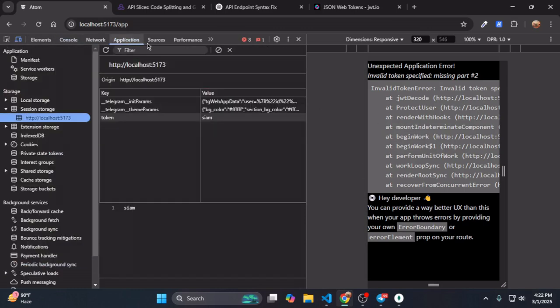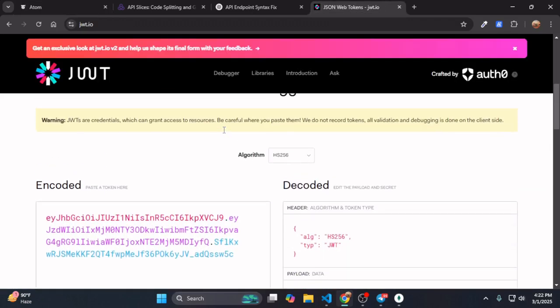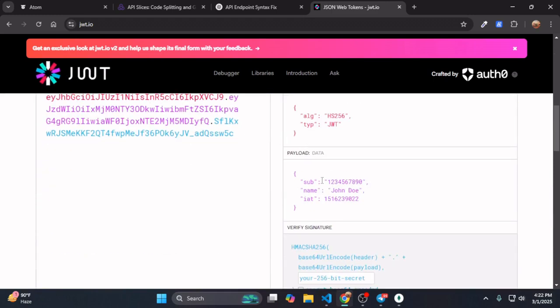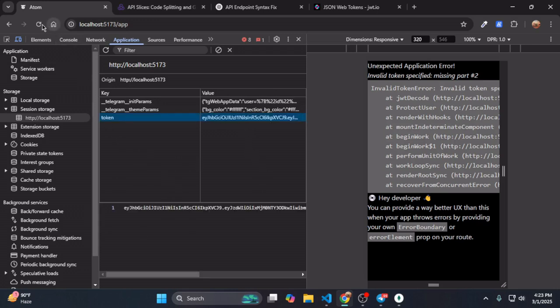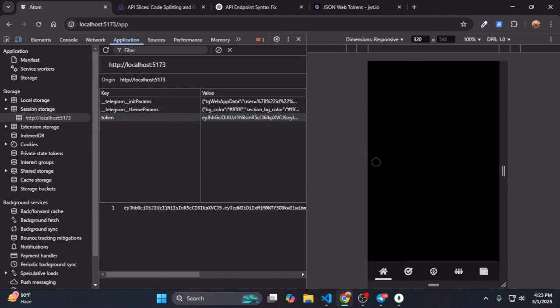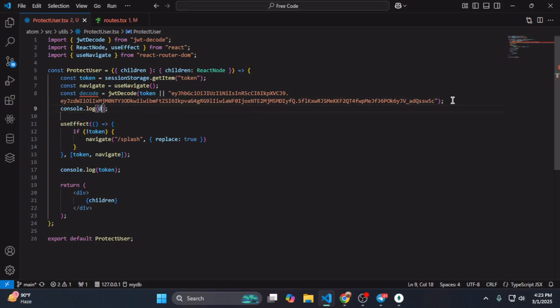what the heck. Okay, that issue is I wrote the wrong code. So if I write the code something like, okay, in the code, where is the decode? Okay, the name is something like Siam. So I just copy that token and paste the token here. Okay, now if I refresh, you can see I am on the home page, but if I want to console log decode,